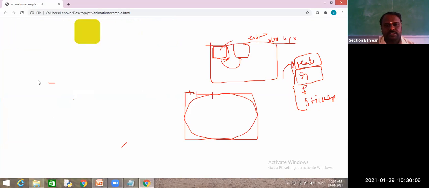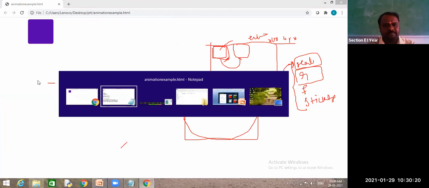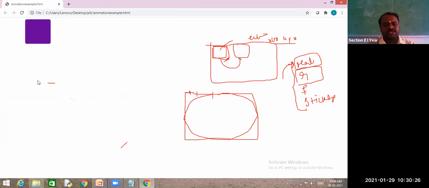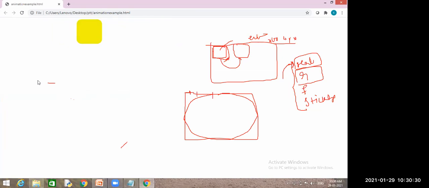Right. So this is the way you have changed the animation. You have changed the object also. So just you need to change the height and width, then automatically that object will be changed. So it has completed. Now one thing, always this element direction is which side? Right, sir. Left to right.